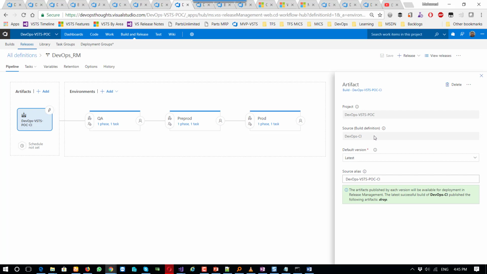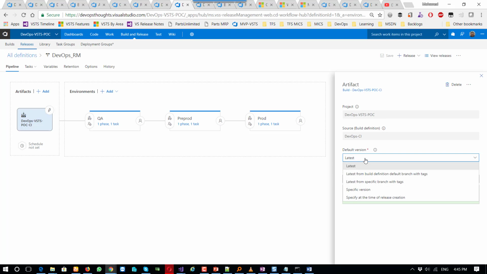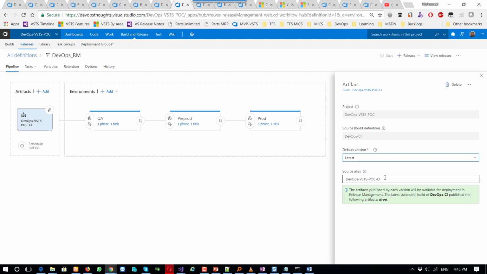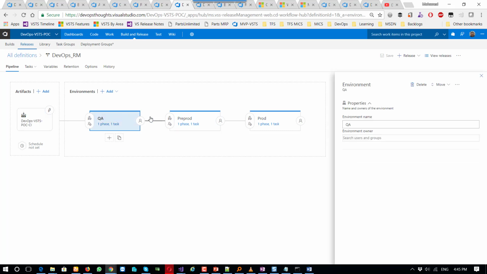this is the source, the project, and here I picked the latest, and as we can see, this means that it will just get the latest build. So this step is just to pick the artifact, and here is how I configured it to pick the latest from where I published the artifacts. Okay, so now once I have that, I start creating 3 environments: QA,